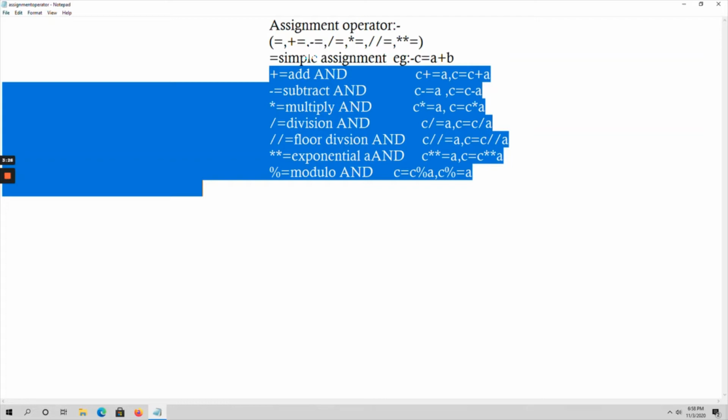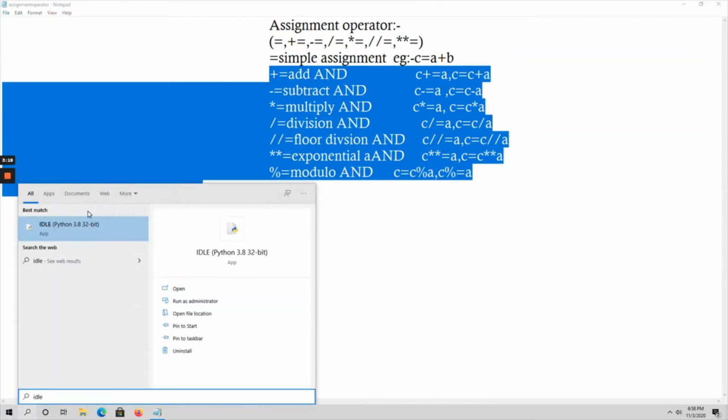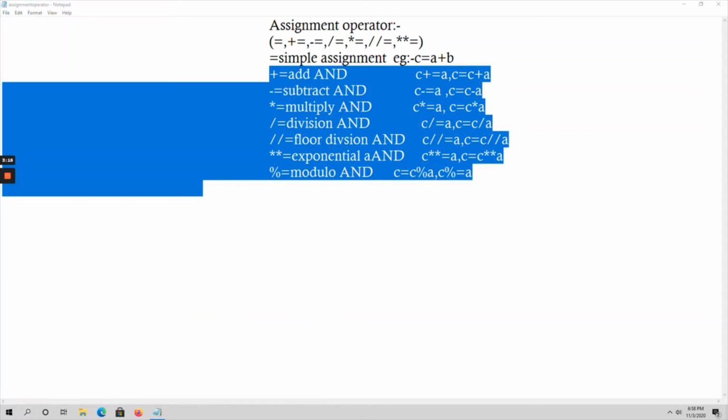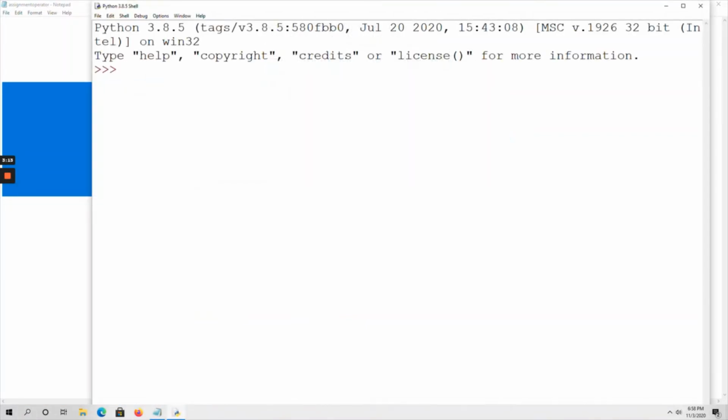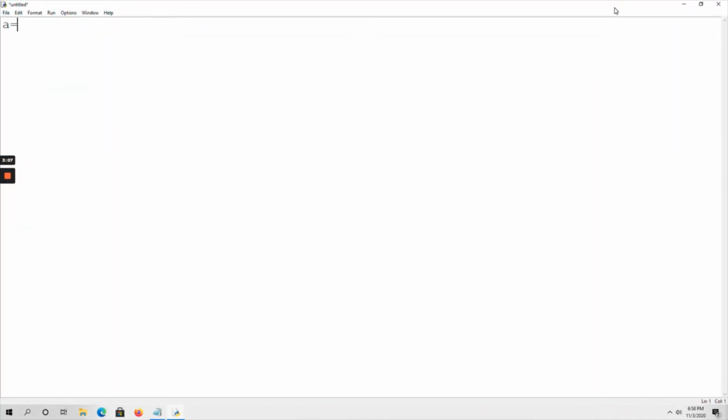Now let's see one sample program on this assignment operator. For that, go to Python IDLE. Go to file, open a new file. See here, I am taking two variables A and B and I am assigning some values to them.